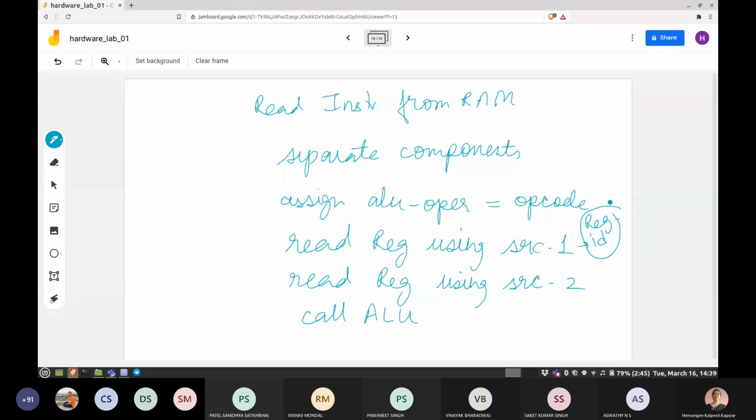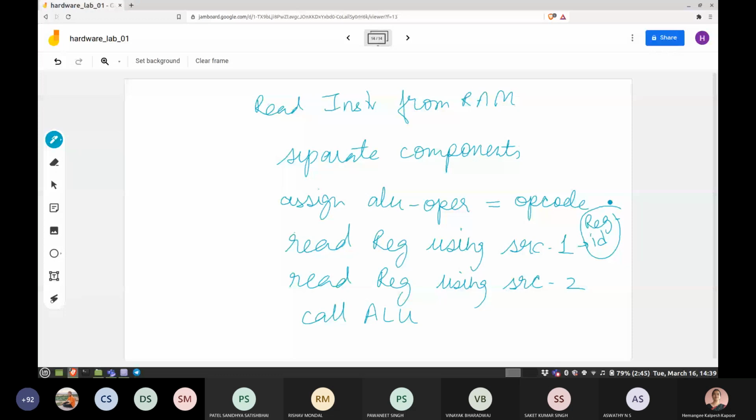So now at the end of these 3 lines, your ALU has got the operation to be done and the data. So ALU source 1 will be contents of reg source 1. ALU source 2 will be contents of reg of source 2. And at the end of this clock cycle, your data will be available in the ALU output. I'm just writing call ALU, but actually you're not going to call as soon as you assign the variables, because ALU is a combinational block. It will start functioning. Next clock cycle, your answer is available. So this is how your execute is done.